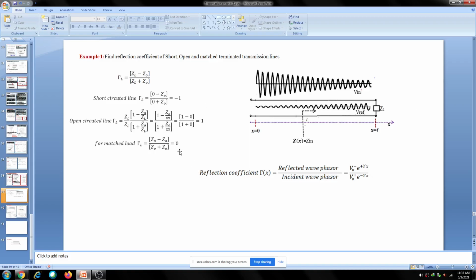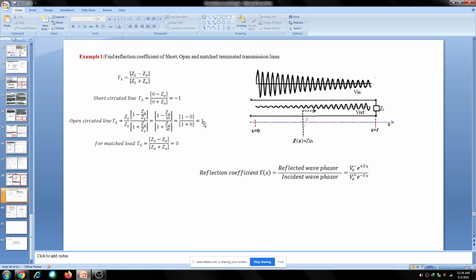So this is about the reflection coefficient of short, open and matched termination. The maximum value of the reflection coefficient is 1 and the minimum is 0, that is zero reflection, for a matched termination. And if any other value is given, what is the reflection coefficient? You just substitute that in this equation. ZL is equal to something. I have not done that problem here, you can do some examples. If ZL is given, you just substitute in this equation and simplify, and you will get some magnitude and some angle.